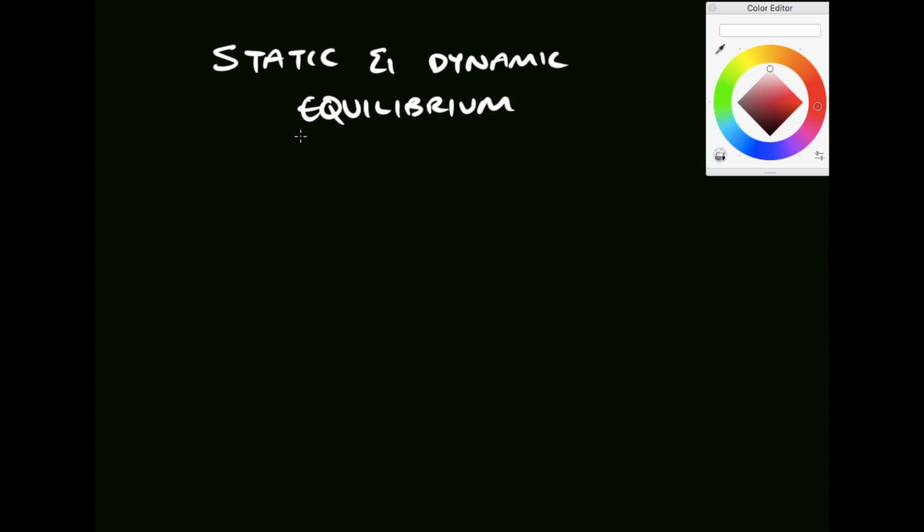This is the first topic within module 5, so to speak, and under each section there is an inquiry question. So we'll be starting the first topic, which is static and dynamic equilibrium, and the inquiry question that we will be discussing for the first section is: